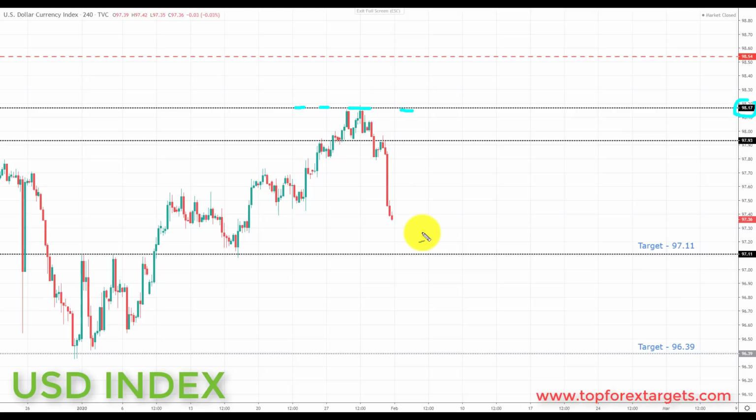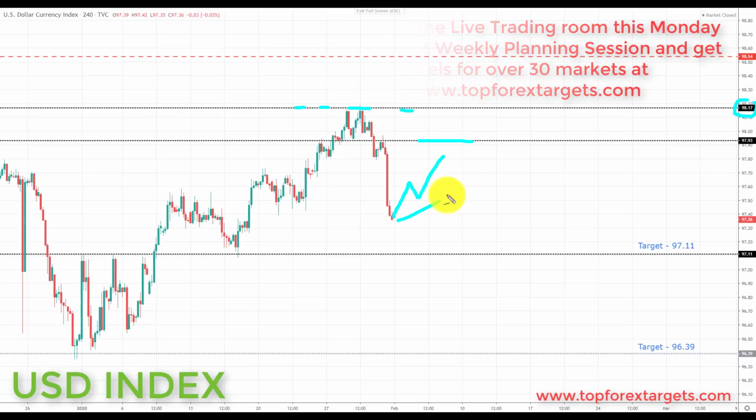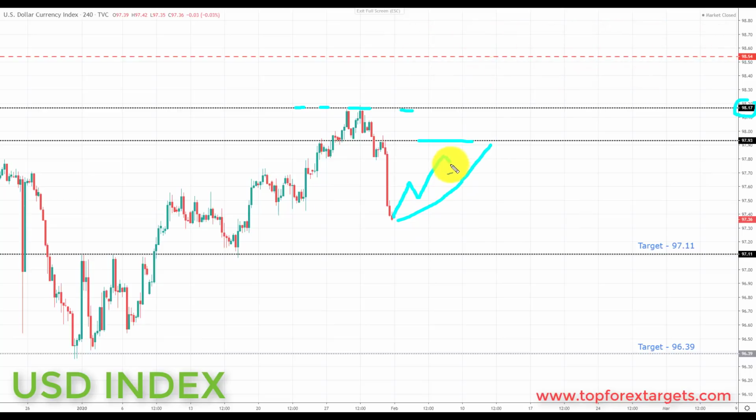So going into this week, we are overall looking for further declines down towards the next key area of support here at the 97.11. So any pullback in this area will be viewed as an opportunity to start to look for further declines to the downside, especially if we can come back and retest broken support, turning resistance at the 97.93. This is going to be an area to start to look for the dollar index to roll over once again down towards the next key area of support to the downside and the target set at the 97.11. And if we can get a break through here, we're going to be looking down towards the next key of support to the downside and target 2 at the 96.39.